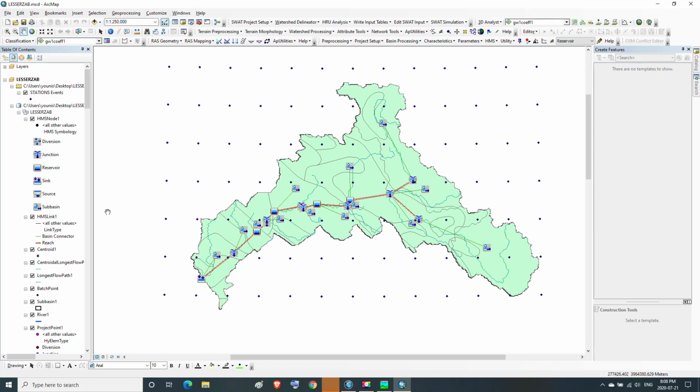Then in ArcMap we open the table of the subbasin 1 layer.